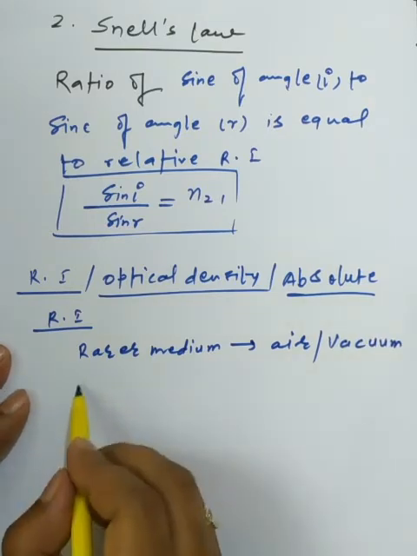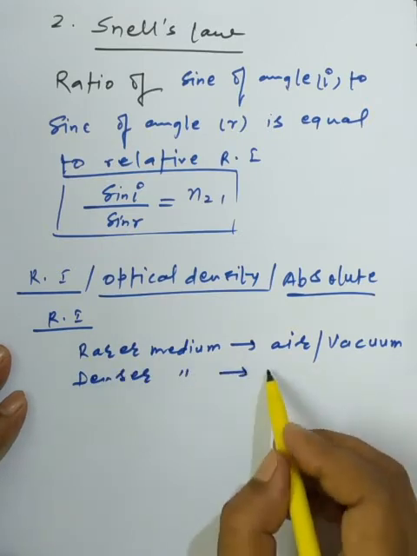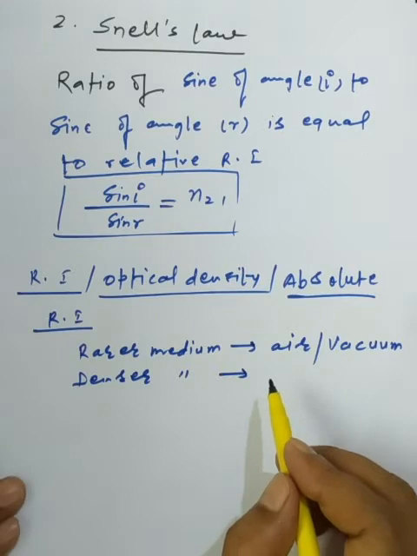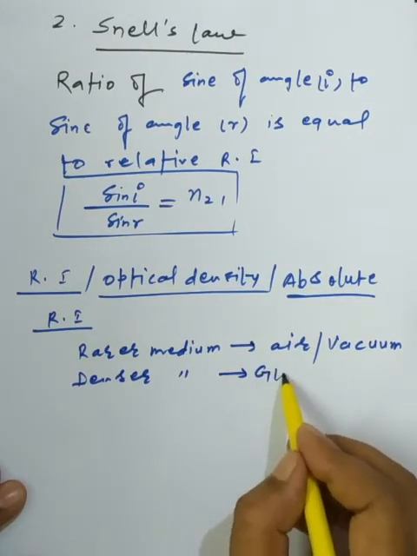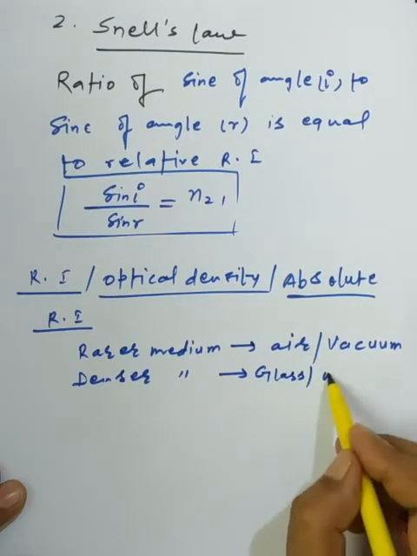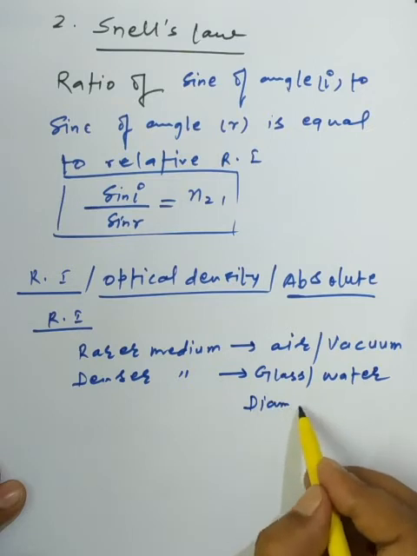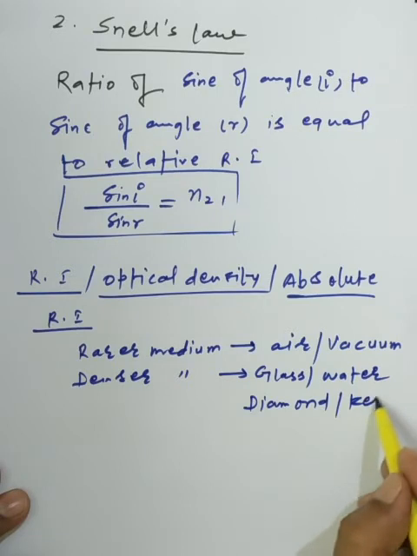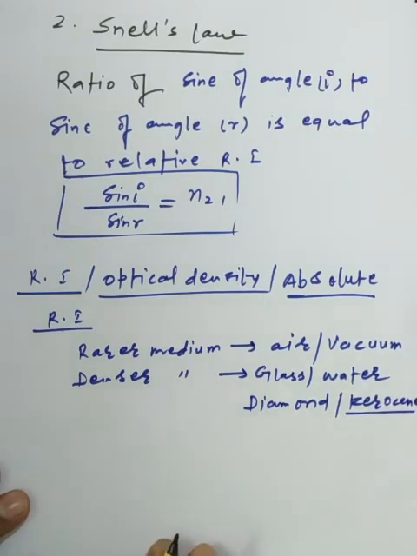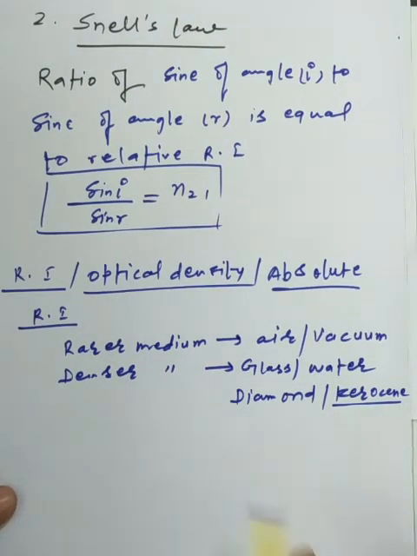Vacuum, this is the meaning. And the denser medium, so we have several denser media, those are given inside our book, and we have discussed them. That means glass, water, diamond, kerosene. These are some examples of the denser medium, those are available for us inside our book, and the table is given. And the glass having the refractive index.